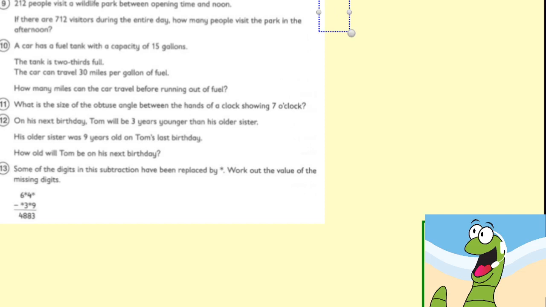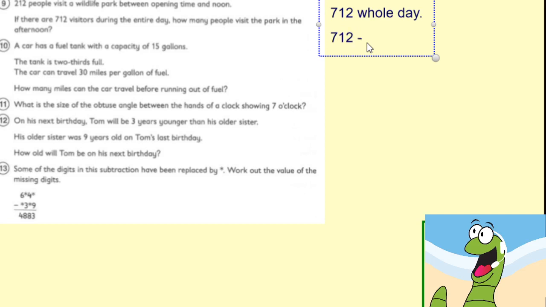Question 9. 212 people visit a wildlife park between opening time and noon. If there are 712 visitors during the entire day, how many people visit the park in the afternoon? Well, we know there are 712 for the whole day. Okay, so if we know there are 712 the whole day, noon, we need to know what noon means. Noon means midday. So we're going to have 712